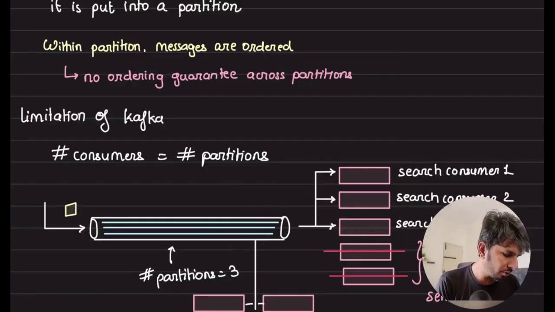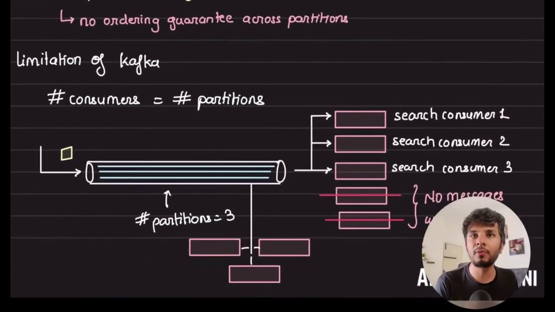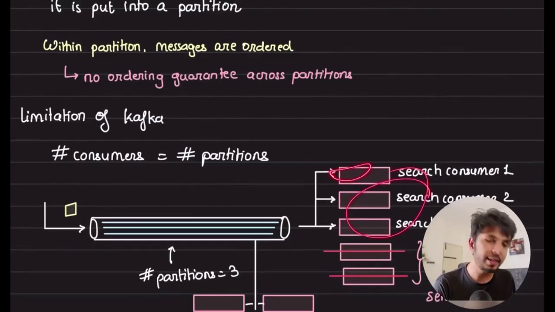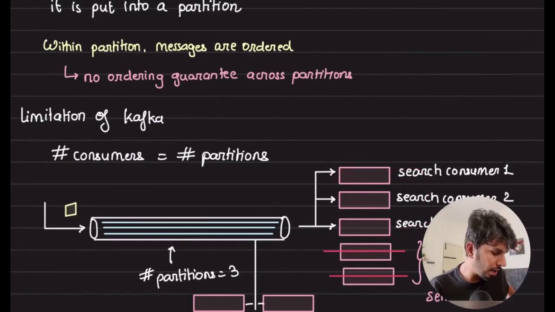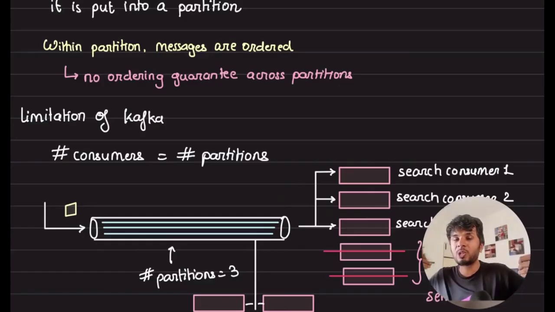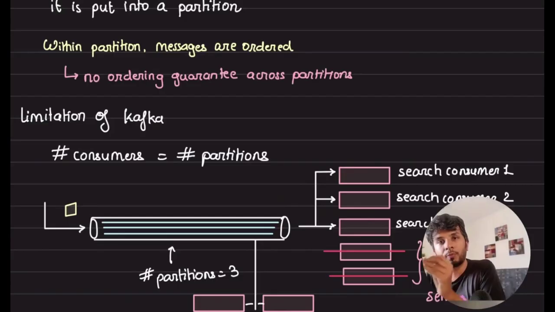Now, let's say you only have one consumer for search. Here I drew 3, but hypothetically you only have one. In that case, this one consumer will consume from all 3 partitions. But as soon as another consumer spins up, one consumer will be dedicatedly assigned to one partition, while the other 2 will be iterated by the first one. The maximum number of consumers that can consume from a particular topic is equal to the number of partitions of that topic.